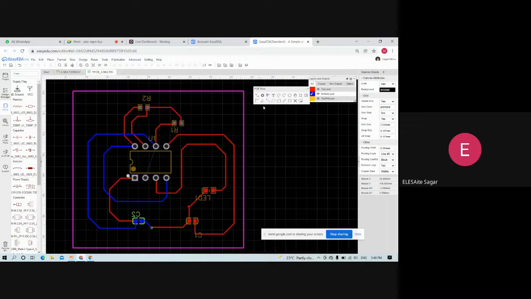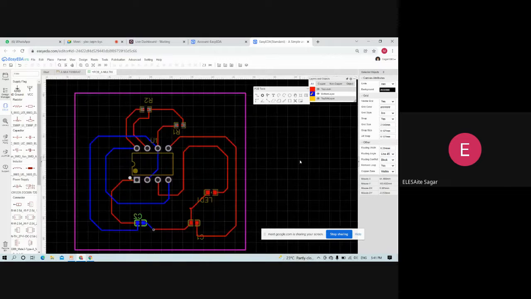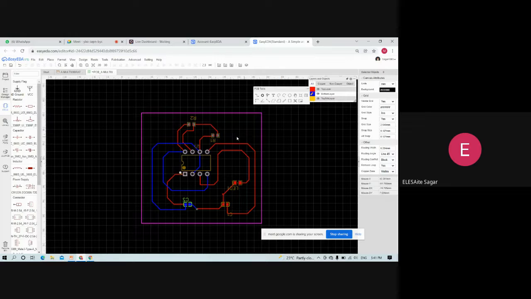One connection is remaining now. So all the connections are done, and this is a pad for mounting the PCB on a board. We need the hole, so this is a marking.